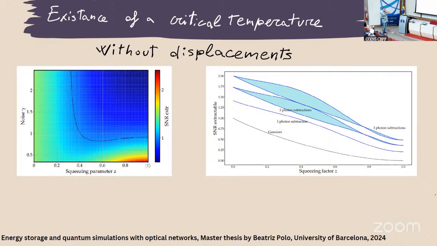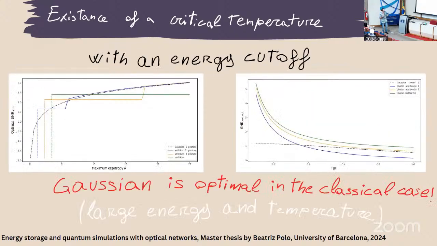However, in a realistic setting, is this useful? What is the application we have in mind? I'm thinking of very small systems. I'm thinking of nanotechnologies that I want to charge somehow, and I cannot provide a lot of energy to this system, and I want to provide very precise energy to this system. So I need to impose a cutoff somehow. And if I impose a cutoff, there is a Gaussian limit to how much I can increase the signal-to-noise ratio. And to go beyond it, I will have to perform increasingly complex non-Gaussian operations.